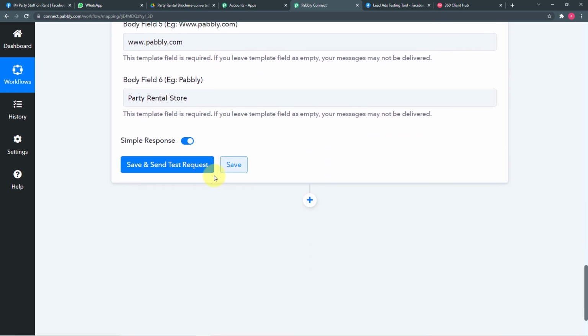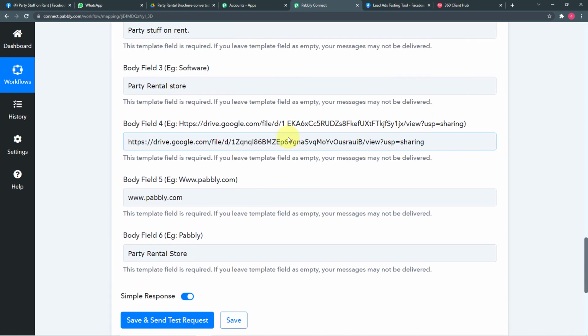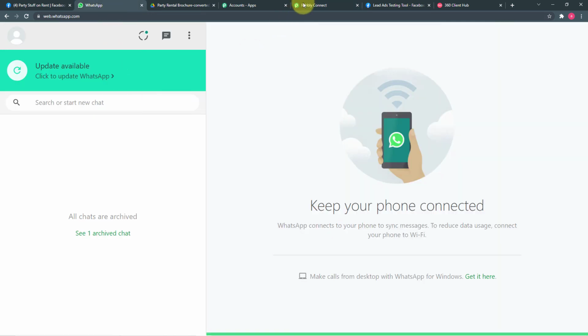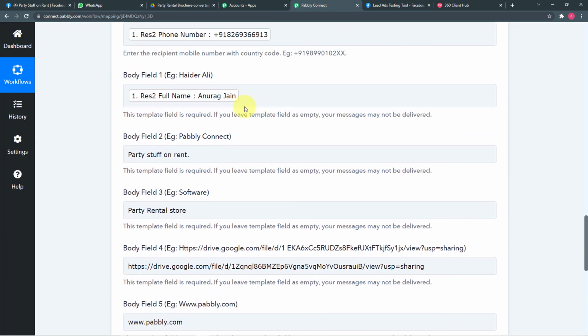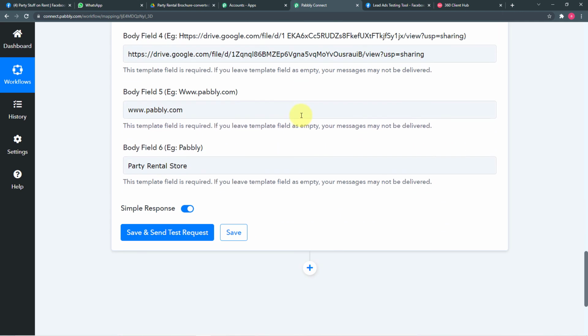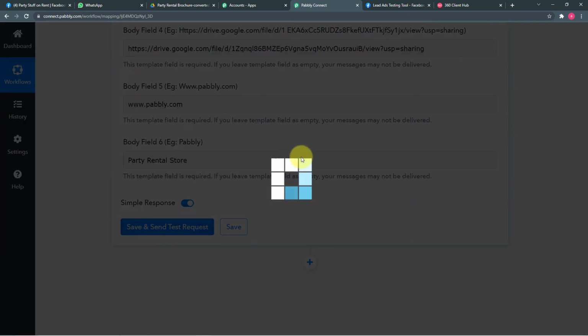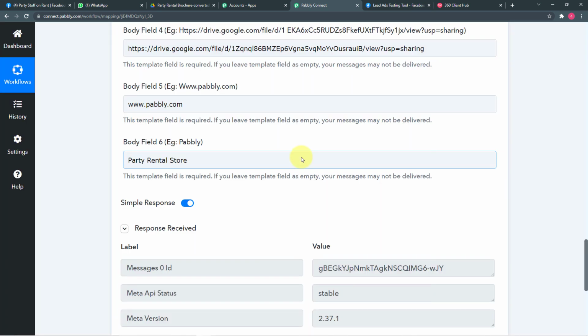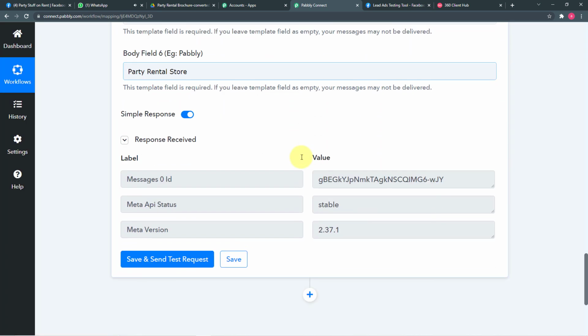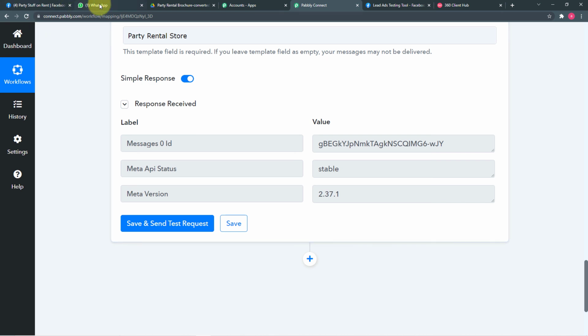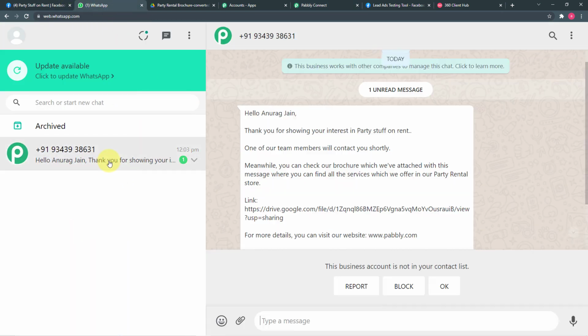And now when I click here on save and send test request, this data that we have filled will be delivered according to our message template here on the WhatsApp account of our lead, which is Anurag Jain. Okay. So I'm going to click here on save and send test request. And you can see it starts showing this type of response, and we have received a new message also, and the message is this: hello Anurag Jain, thank you for showing your interest in party stuff online.